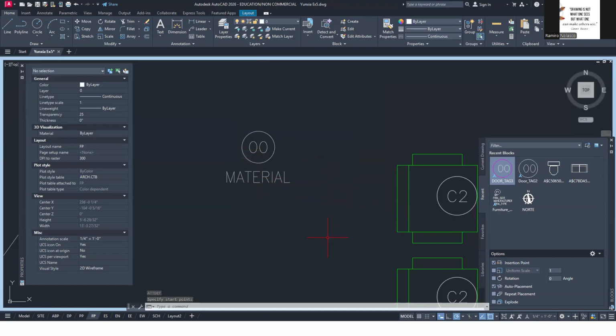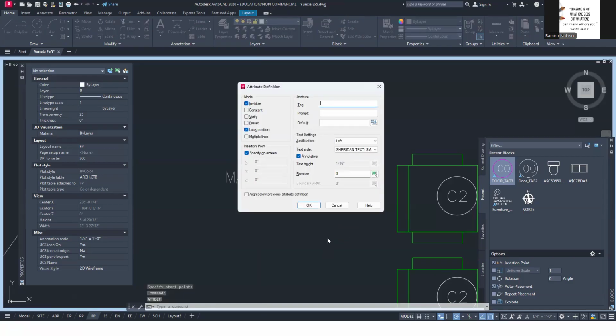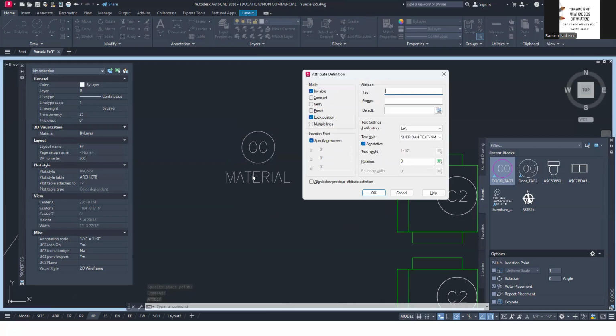And then we do another attribute. Now notice, because my last command was @def, the align below previous attribute definition is available. I can check that so that the next attribute will simply go below this attribute. Okay, the next one will say item underscore size.